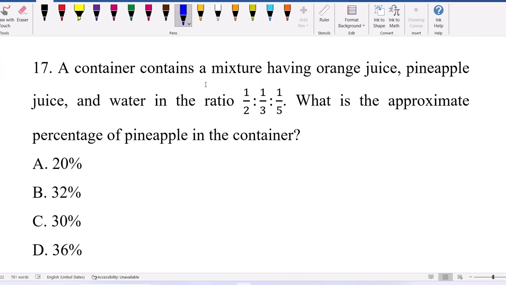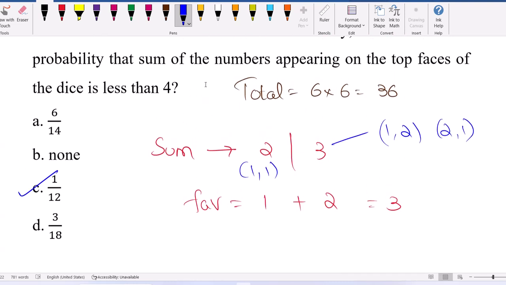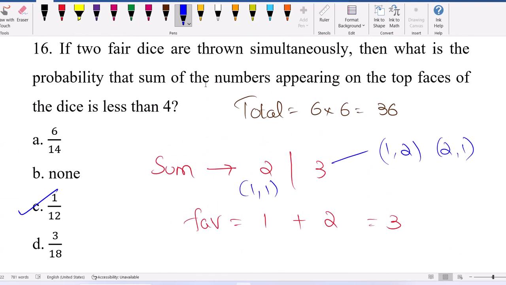Now mixtures and alligations. Two fair dice are thrown simultaneously, then what is the probability that the sum of the numbers appearing on the two top faces of the dice is less than